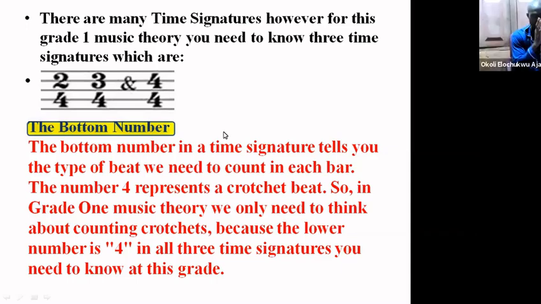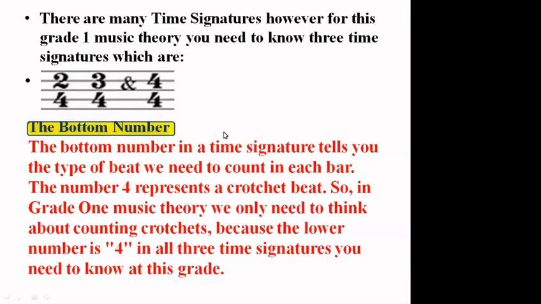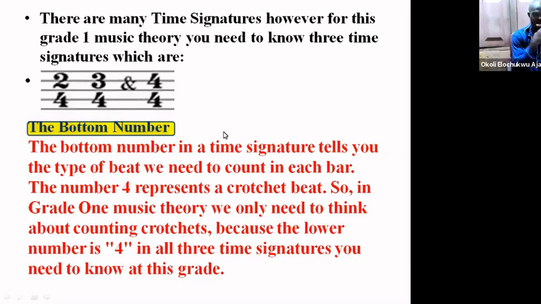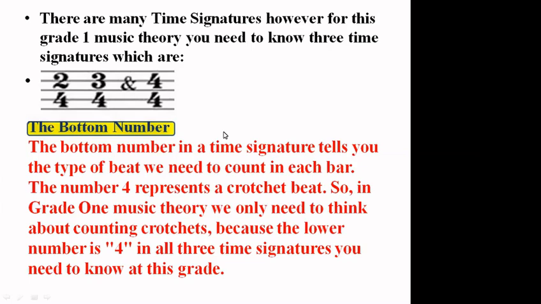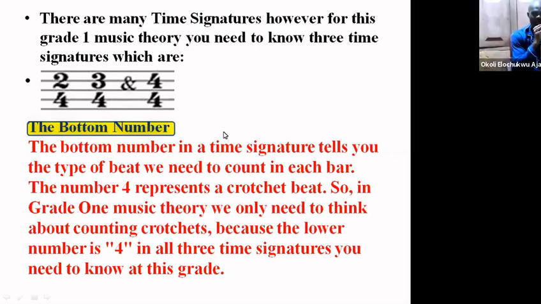Now the minim is represented by 2. Whenever you see 2, you're talking about minim. That is if it is under. But remember, we are just looking at this one here. So since we have 4 here, this 4, the bottom number, represents a crotchet beat. So in this music theory, we only need to think about counting crotchets because the lower number is 4. So wherever you see a music piece that has 4 as the base number, you